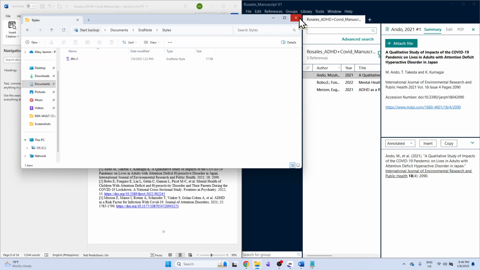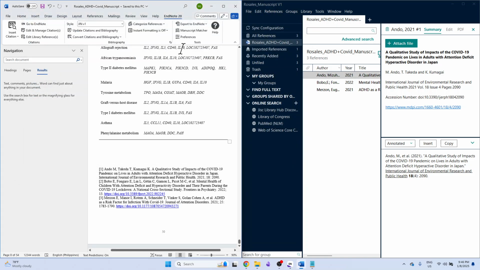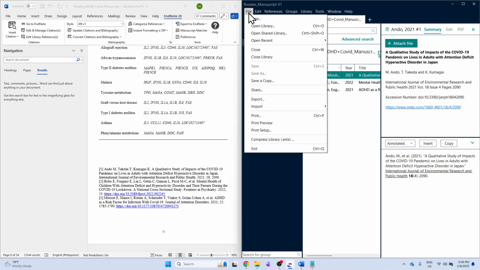As for the library itself, I think it is possible to download a library from a pre-existing Microsoft Word document. Otherwise, you can always download your library.